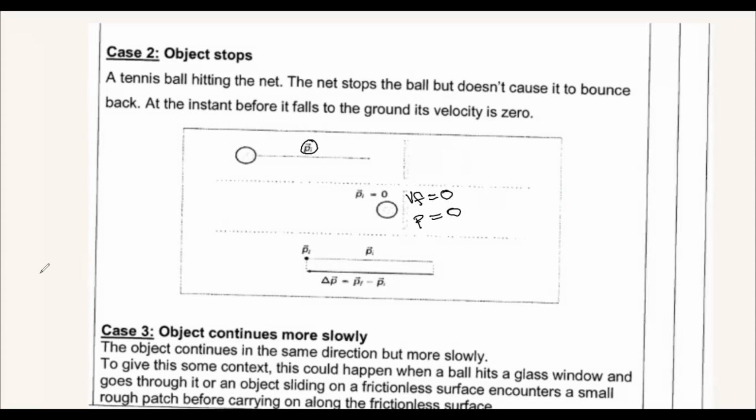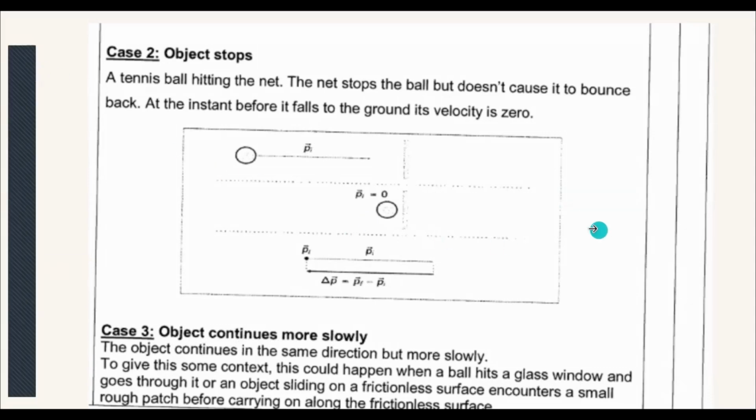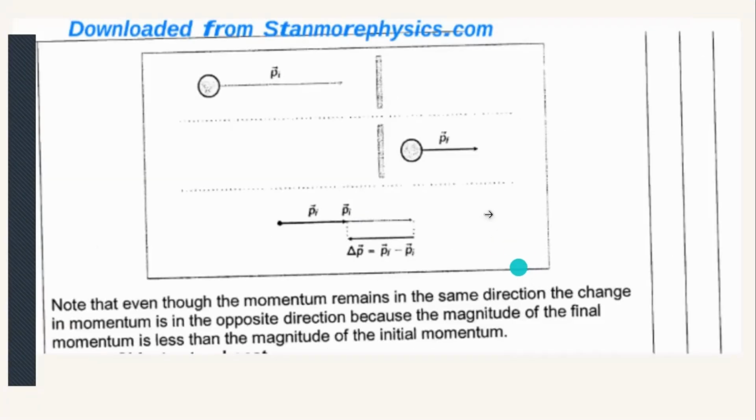Then case 3 is if an object continues more slowly. This is where we were looking at the tennis ball. In this case, maybe it went through the net, for example, and it continued, but of course it lost some of its momentum. Remember the energy conversion. It's traveling at an initial velocity, but notice how the final velocity is going in the same direction. This is where it's very important to make sure you specify, for example, towards the net, or to the right is